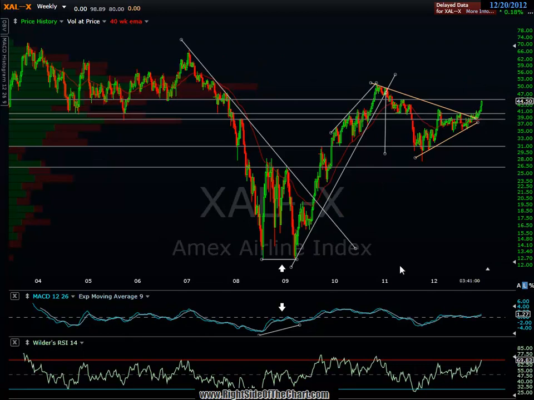XAL, this is the Amex Airline Index. Looks like a very bullish breakout. As you know, airlines love low oil prices, and that's what we've had recently. And here's a nice symmetrical triangle pattern which broke to the upside, and there's been some strong and impulsive buying,